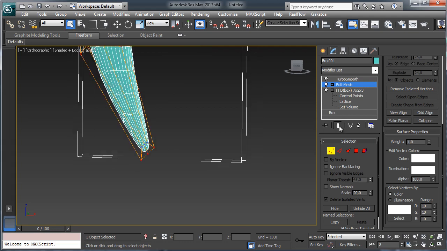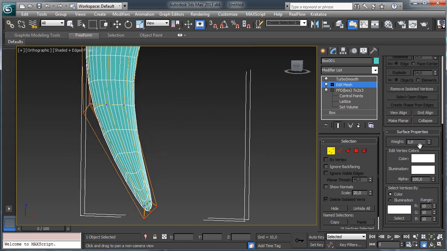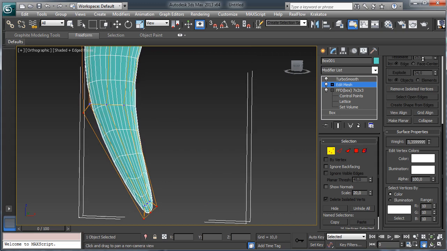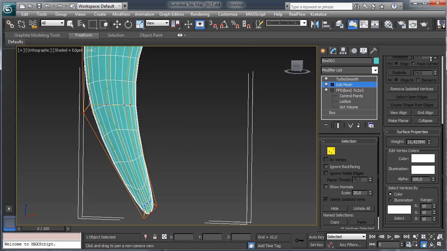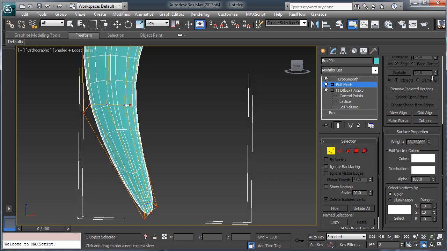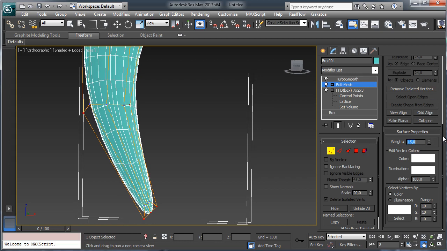Nice. Let's see the final result. You see that we have some curves there, and I'd like to have a higher level. You see that with the higher level we are able to have something different. For the moment, let's go for 15 for the weight, and